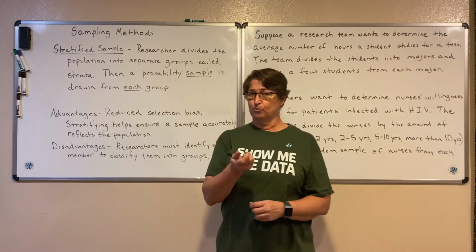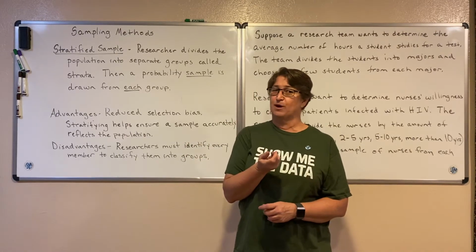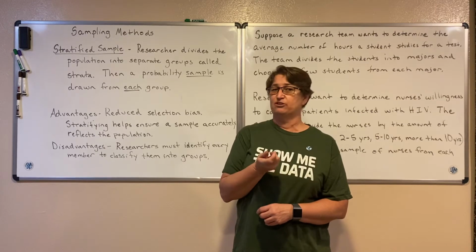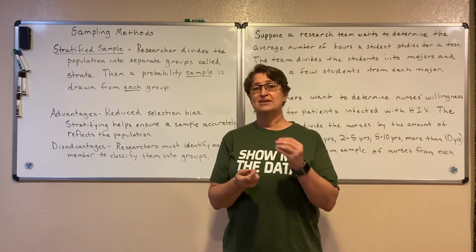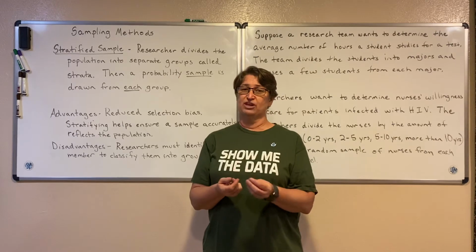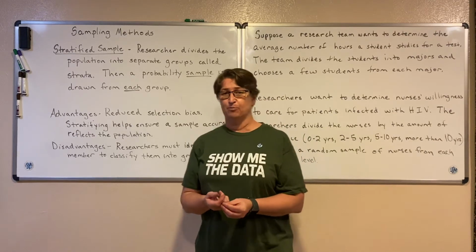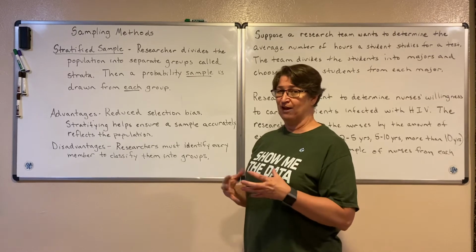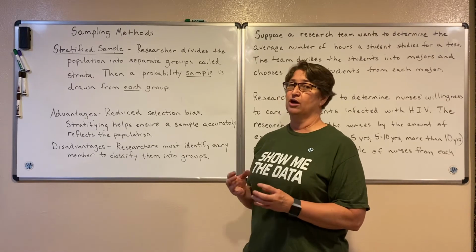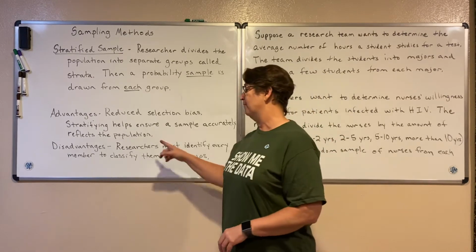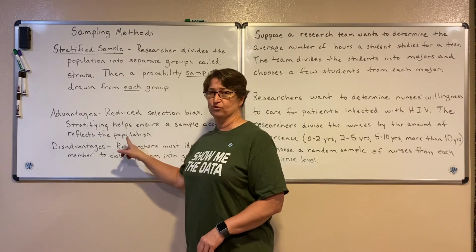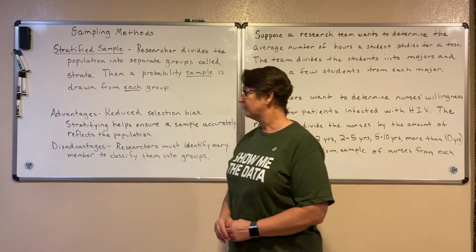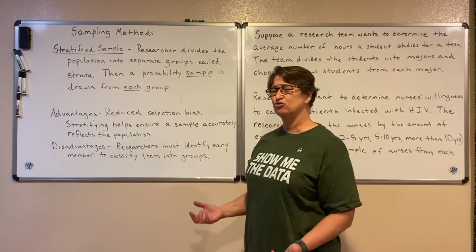And if this group over here is just a tiny piece of my population, it's only 2% of my population, then in my sample, I would only have 2% from that strata. So we can even divide up the strata even more carefully in that manner, so that it really does reflect the population. The disadvantages, though, to a stratified